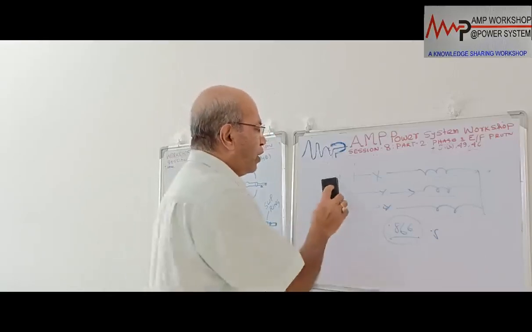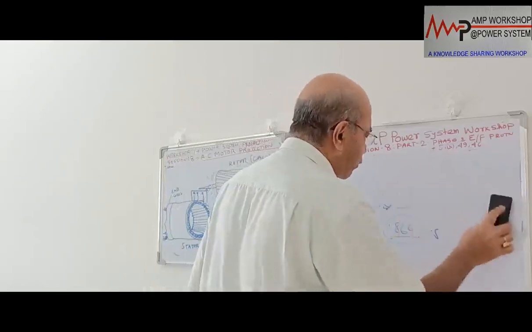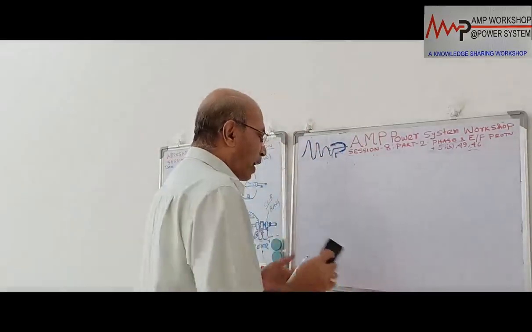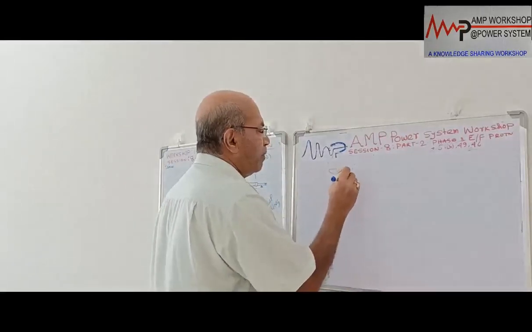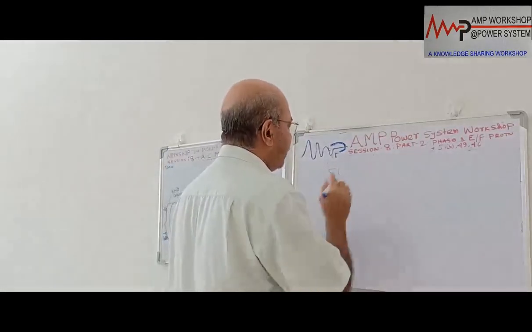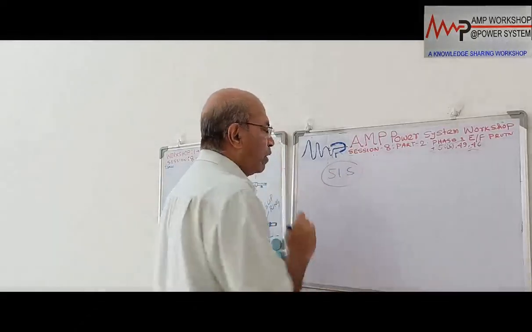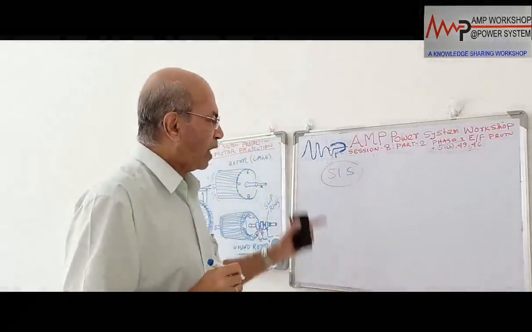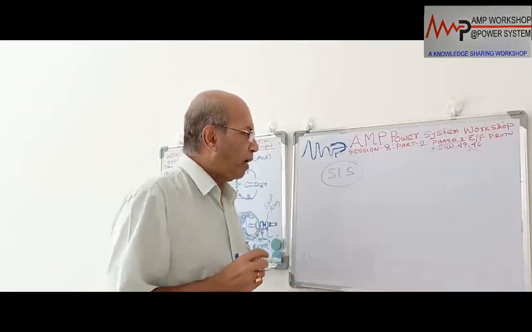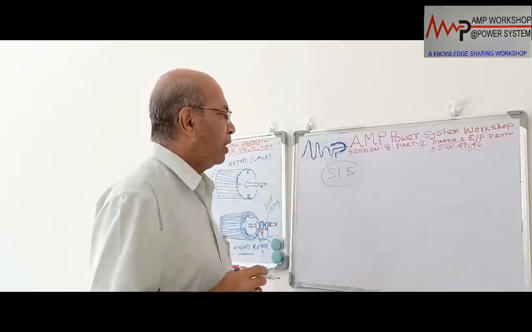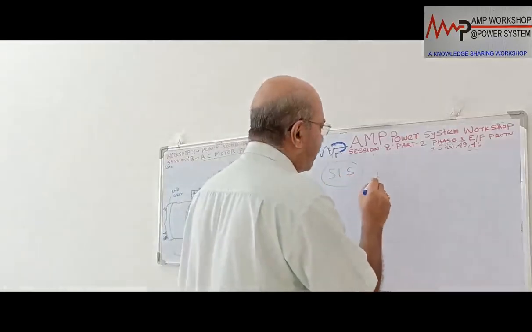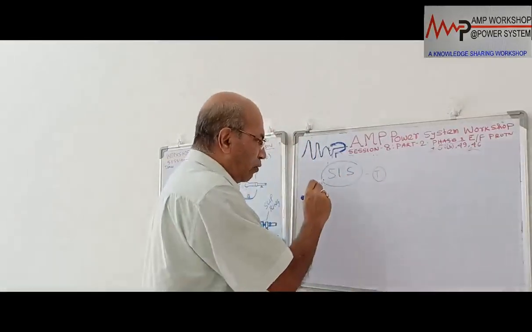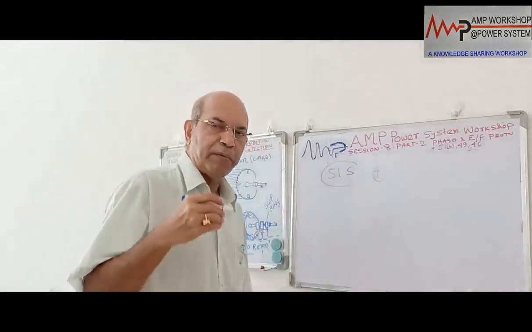For locked rotor protection, we provide another overcurrent relay. The ANSI number is 51S. 51S is the locked rotor protection. This locked rotor protection is actually overcurrent protection, but how does it work? It continuously monitors the current. It is used with a timer. Now the locked rotor protection setting we provide is above the motor starting current.